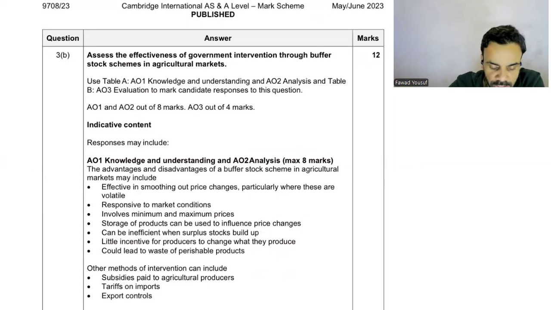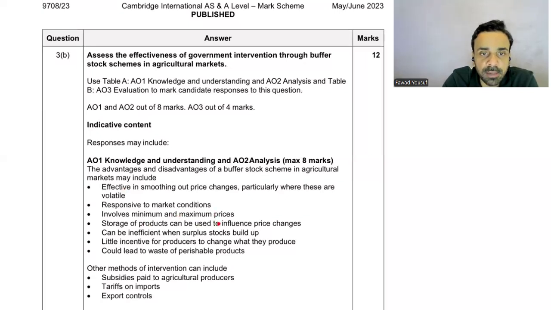So for government intervention, first you have to talk about the for and against arguments of buffer stock. It's a must. You can't talk about alternatives without doing this. So we know, number one, buffer stock is to maintain the prices. Obviously, it has to do with the market conditions. It involves the minimum and the maximum. If you want to do the diagram for your explanation of how buffer stock works, that is one of the main things you have to do, and it sort of explains the advantage also in a way.